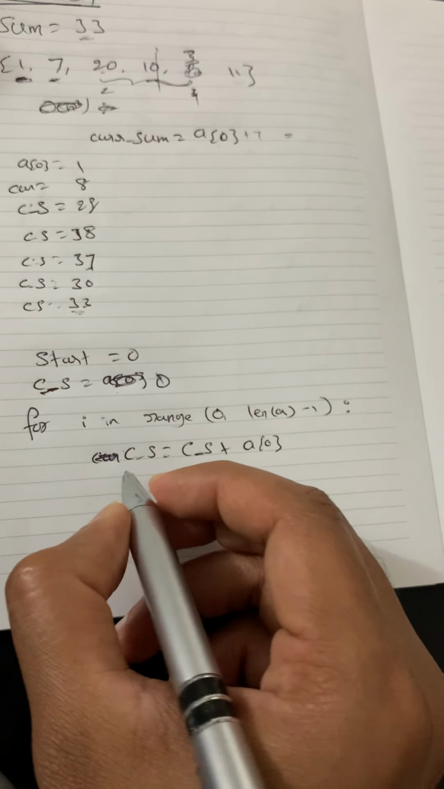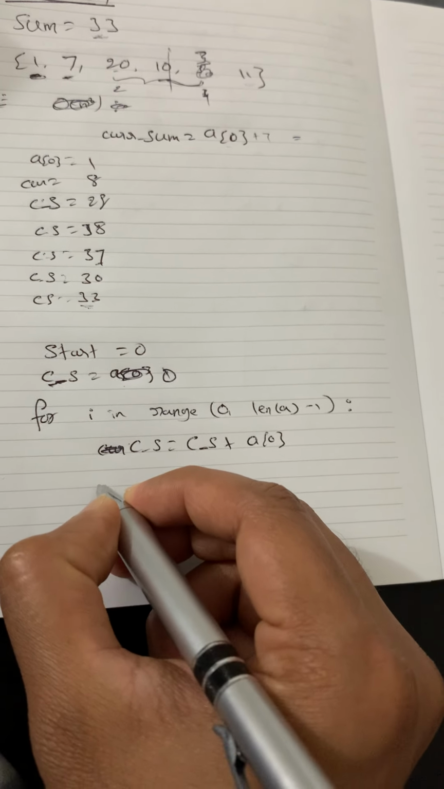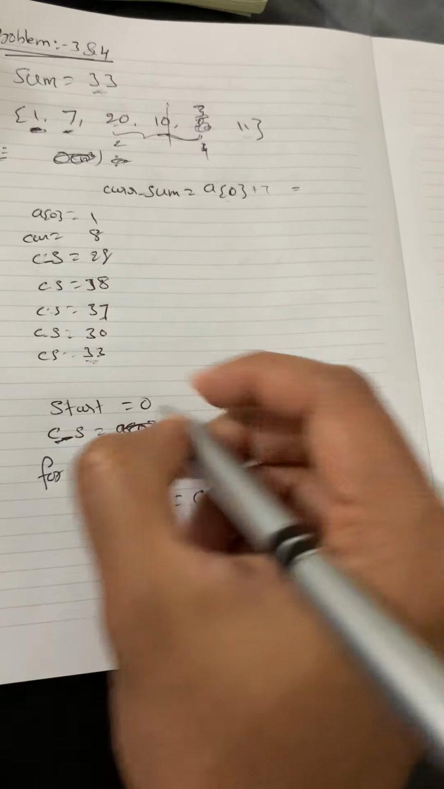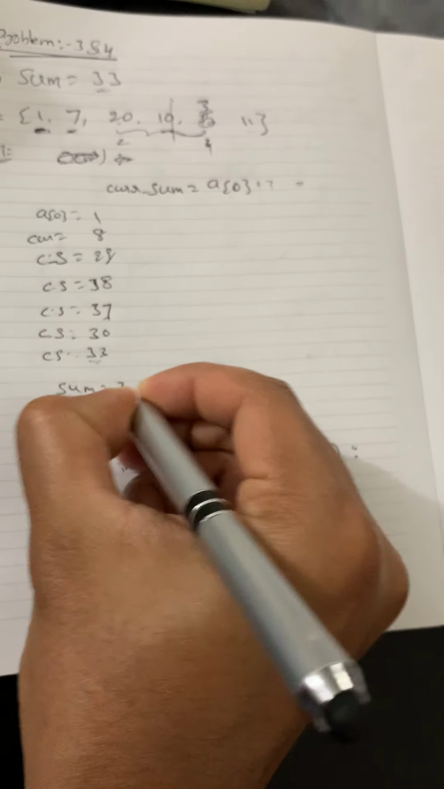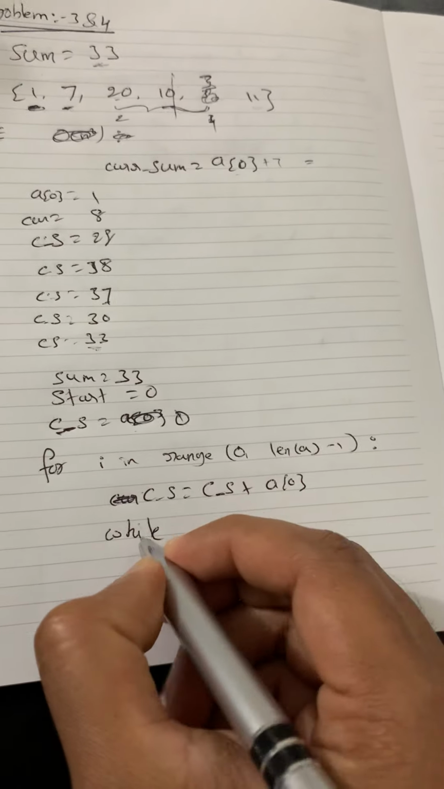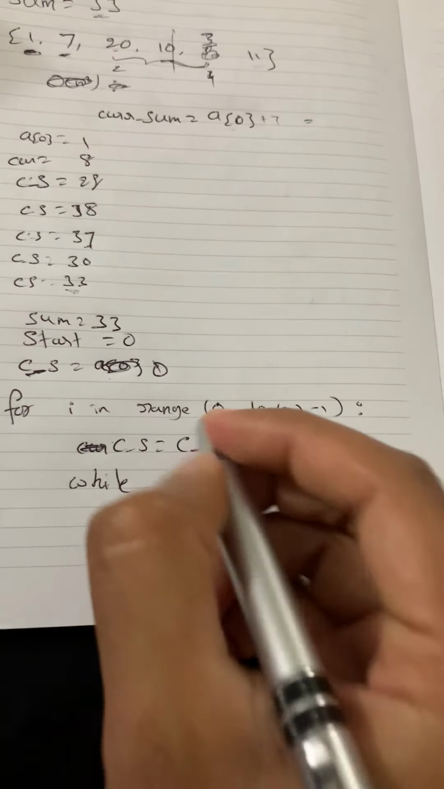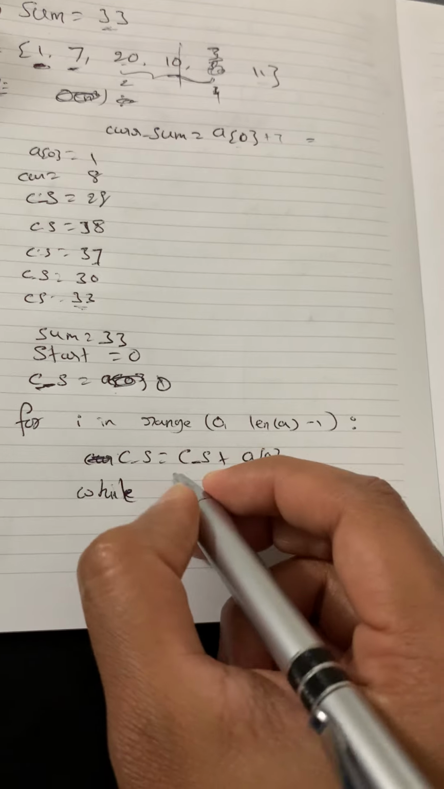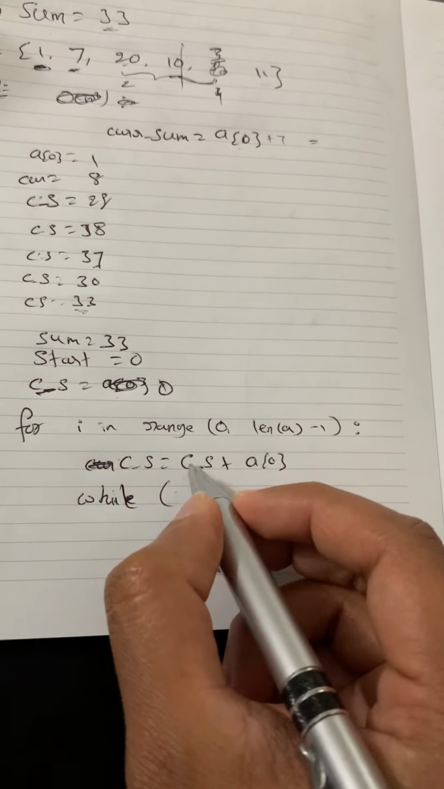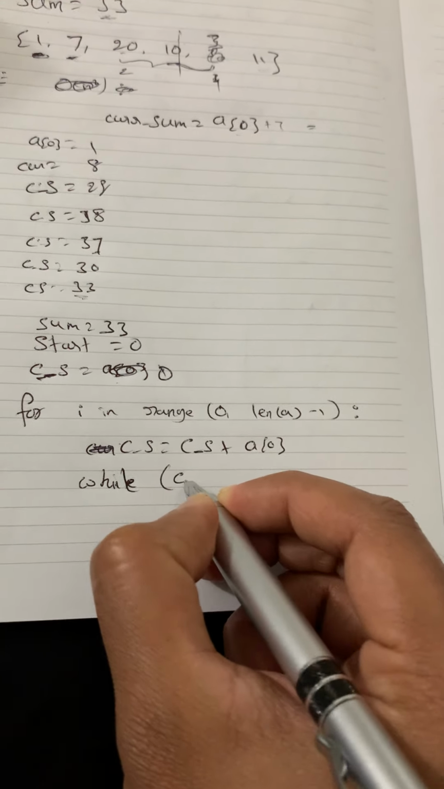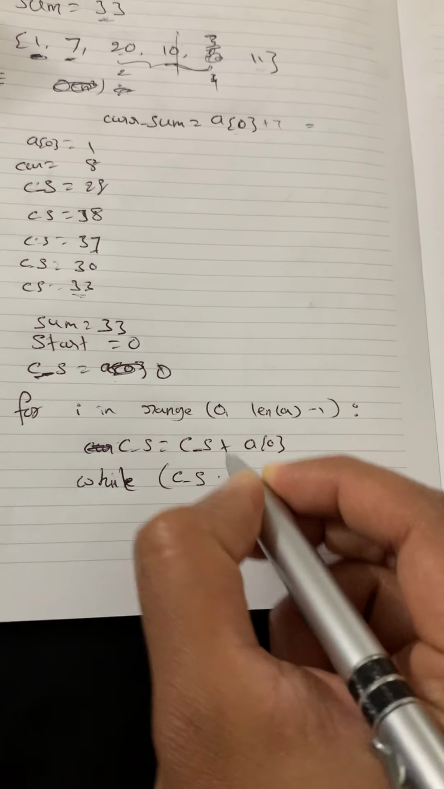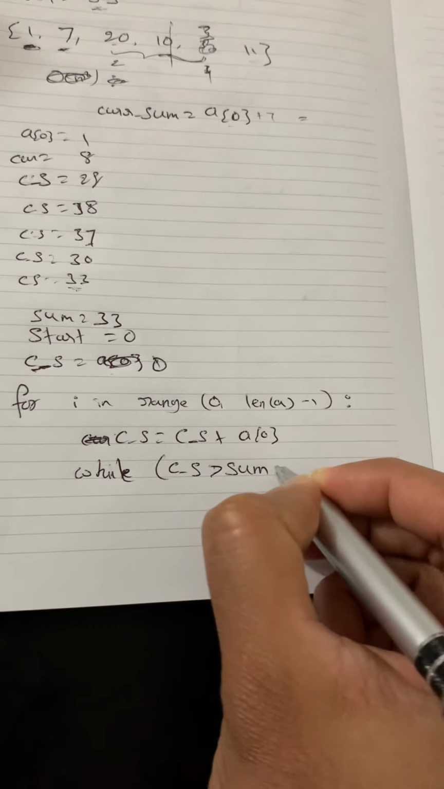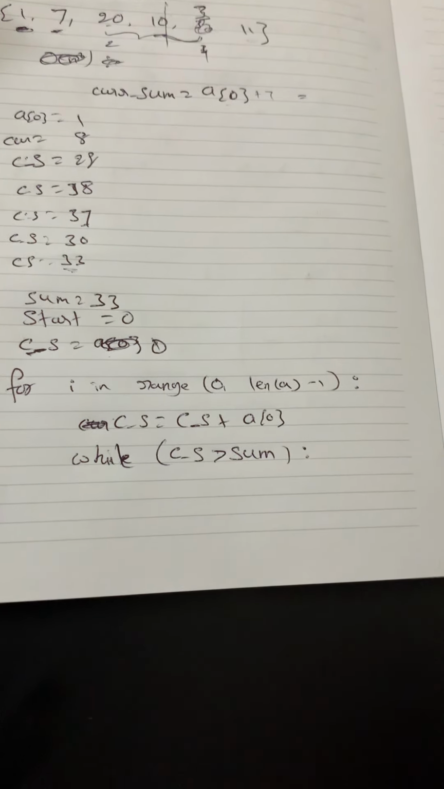So now this is where the comparison comes from. So while, now we already know sum equal to 33. So this is our main loop, main condition. So while current sum is greater than sum, which is 33,